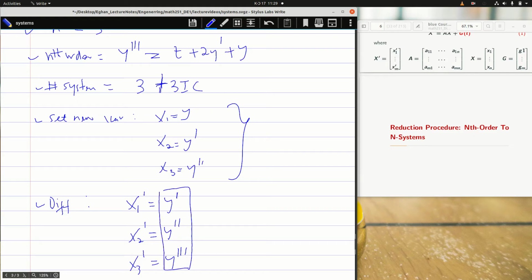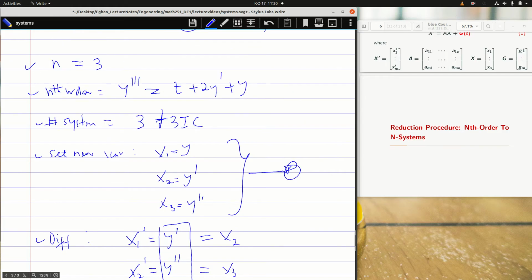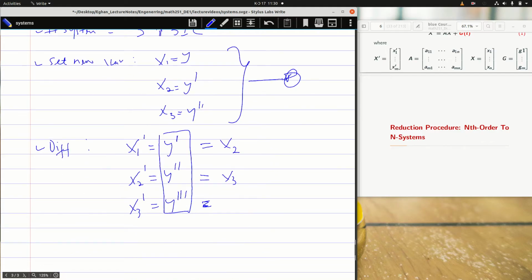You realize that y prime is the same as x2 from equation star. Y prime prime is the same as what? x3. What about the third order? The third order here, we can take it from the nth order here, which was giving us t plus 2y prime